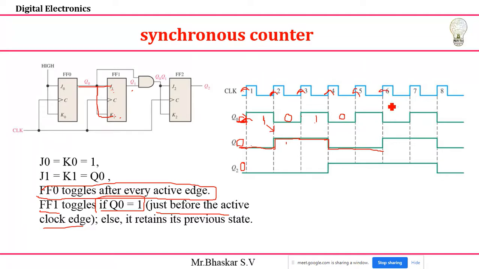Just one clock, so beside you, just check it out. I'm checking here, it is 1. I'm checking this rising edge just before the active clock edge, then I'm getting the value 0 to 1. The process will be repeated. So for Q0 1 0 1 0, I'm getting the Q1 value 0 1 1 0 0 1 1. Is it clear how I'm getting this Q1 value?